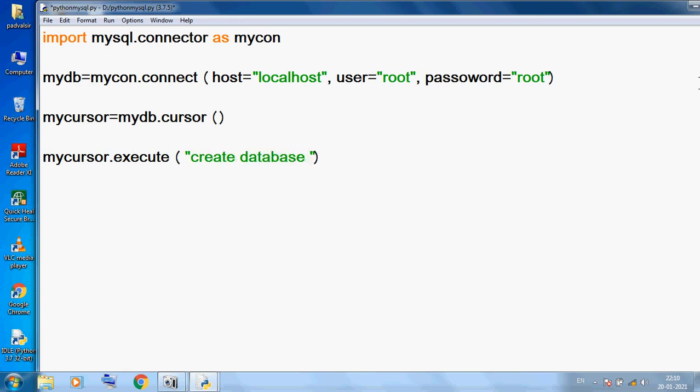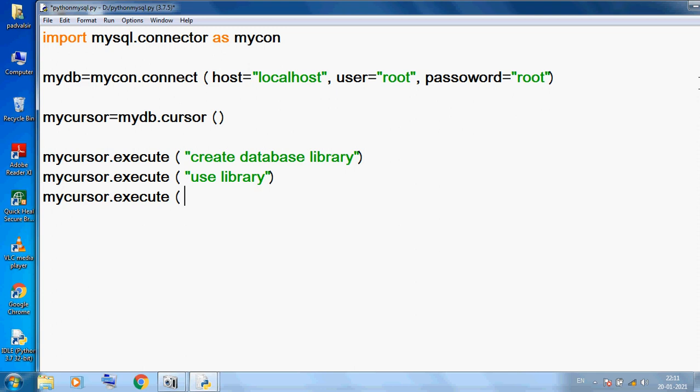The database I want to create is, suppose, library. Then I use mycursor dot execute with use library. I want to open this library also.